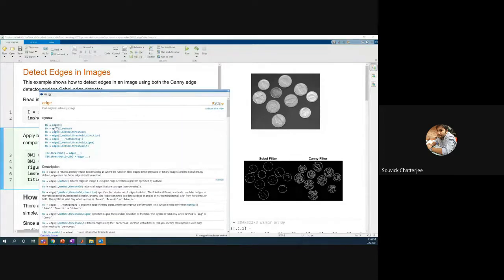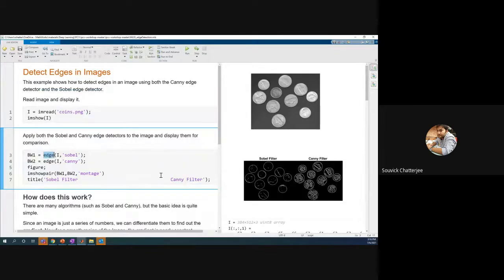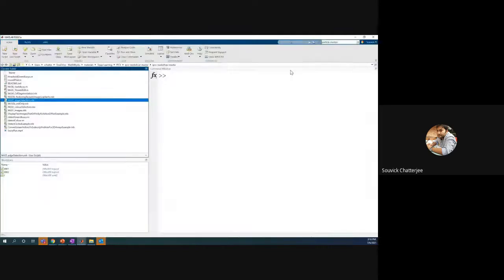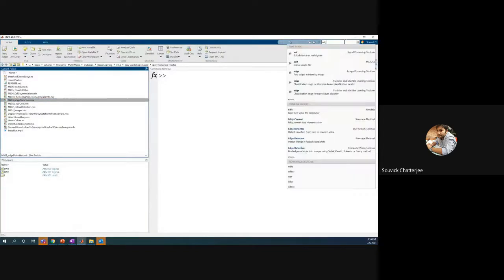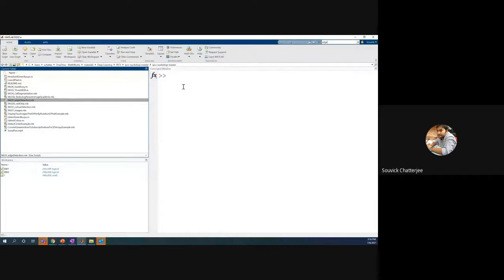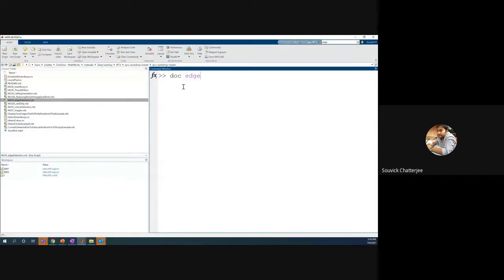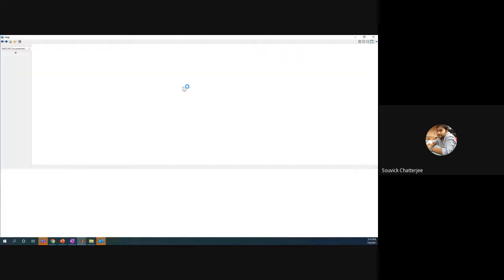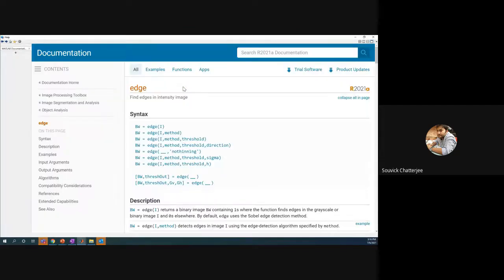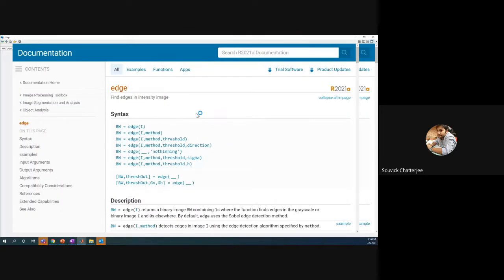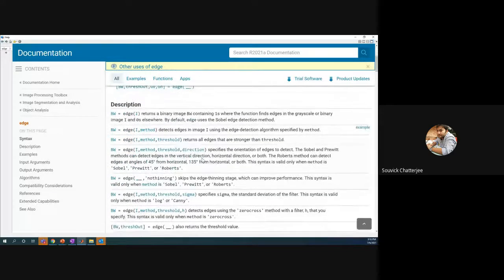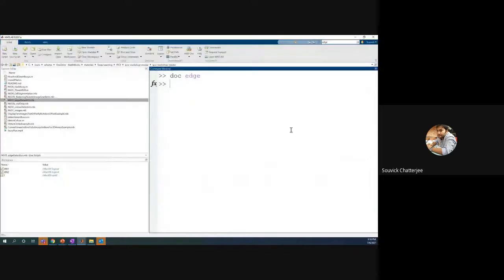Here you can see you can give the image, the method, the threshold, the direction, and so many parameters, and all these parameters have a chance of making your edge detection better. The way we can go to that documentation, you can search here for edge, or you can write here doc edge. Doc means documentation, so everything you search here, the documentation opens up.